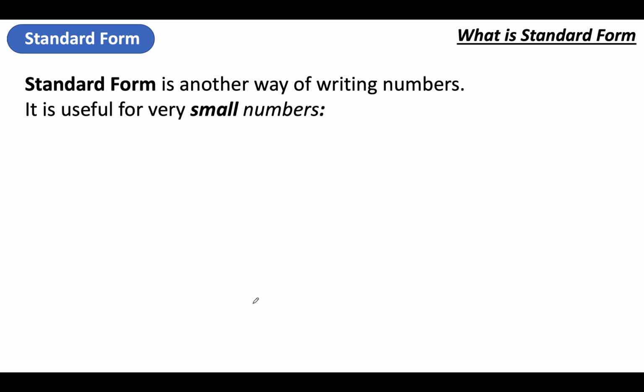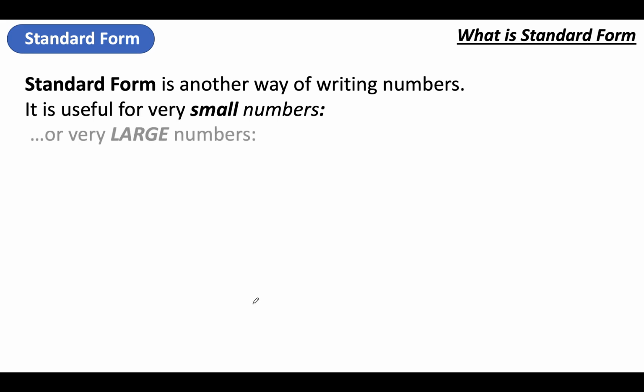If we were saying how many millimeters across an atom was, it would be something like 0.00000000000000001 of a millimeter or something like that. It's going to be really, really tiny. That's a very hard number to keep writing out. So using something called standard form, we can write them in an easy, standard way, which just makes them a